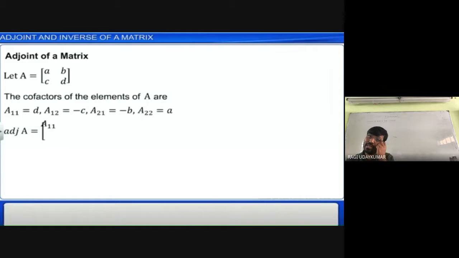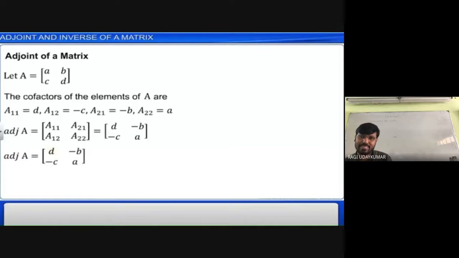So here we are going to get the matrix of rows and columns. For A12 we get minus c. How do you get the minus c? A12 means the first row, second column element, so minus 1 to the power of 1 plus 2 should be taken. That is minus. And the element is b; deleting the row and column containing b, only c remains, so that c should be taken into consideration. Now when you replace these values with the given elements, whatever matrix we get is called the adjoint of the given matrix. So this is the adjoint of the given matrix.